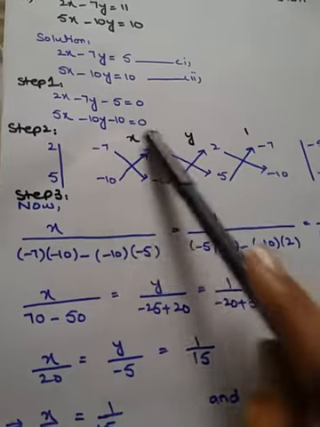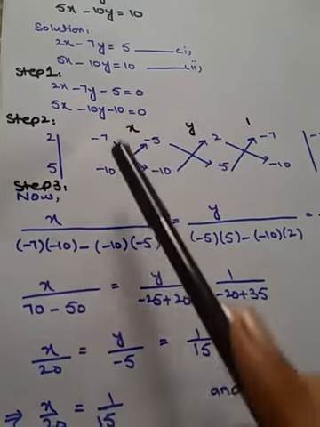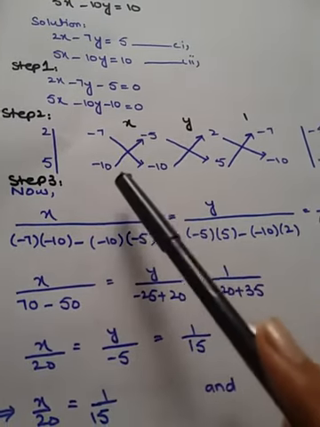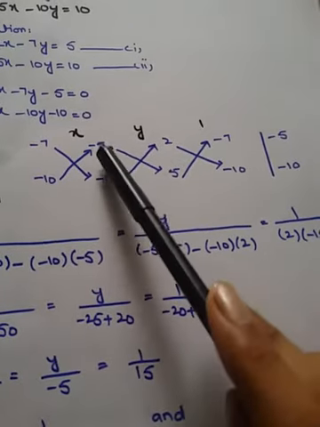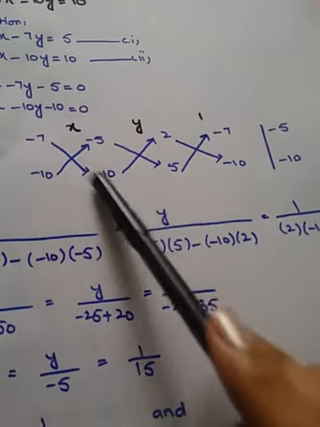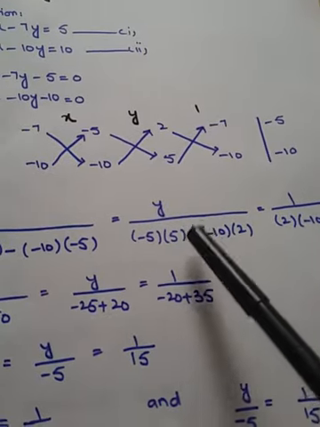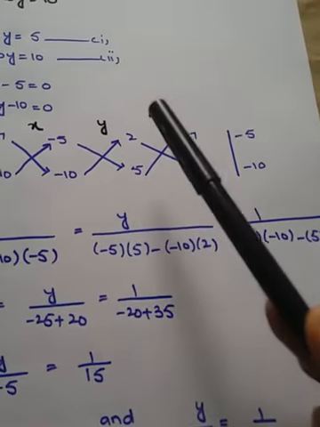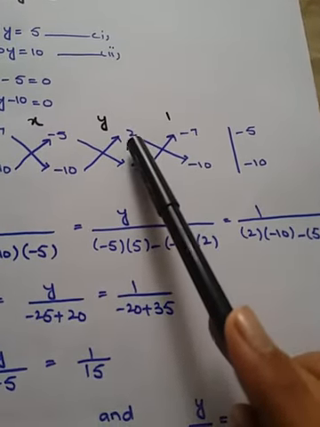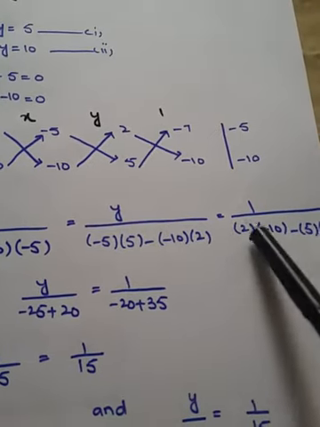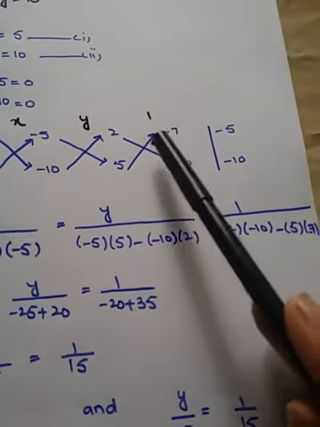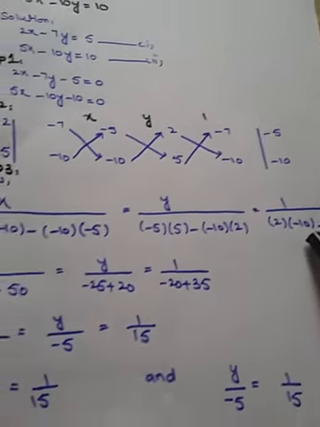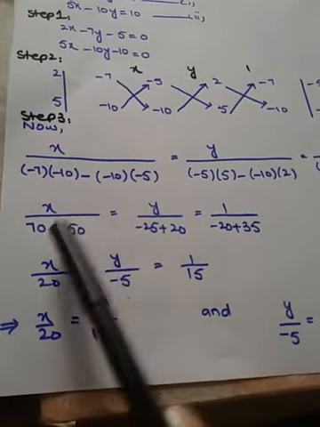Now for x I am going to use this part, minus 7 into minus 10. The number which is with the tail will come first and then minus will be in the middle, and then we will multiply these two numbers. Okay, for y we are going to repeat the same process and we are going to use this part. Minus 5 into 5, minus will be in the middle, minus 10 into 2 is equal. For the constant, we are going to multiply 2 into minus 10 minus 5 into minus 7. Are you clear? We will take the product of these numbers and minus will come in the middle. Okay, you know how to solve this part.